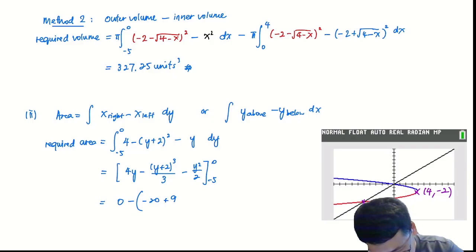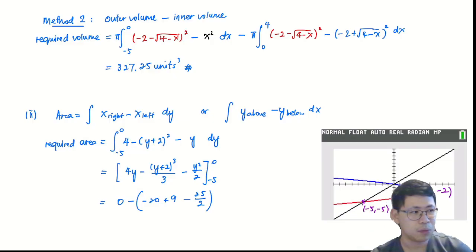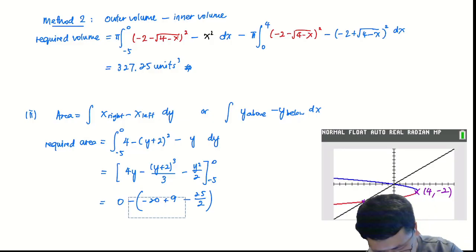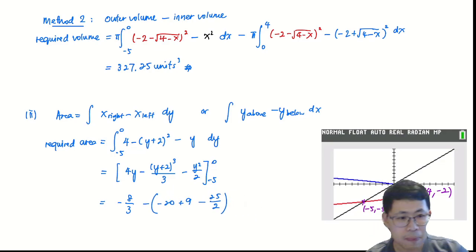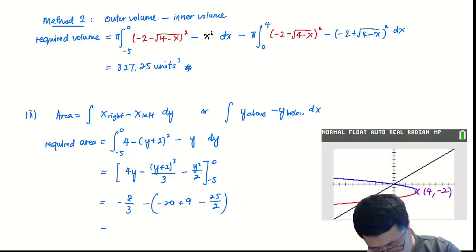Then this one over here would be minus 25 over 2, I suppose. One more missing one. This one would be just 0, and then this would be minus 8 over 3 actually. So this one gives me altogether 125 over 6